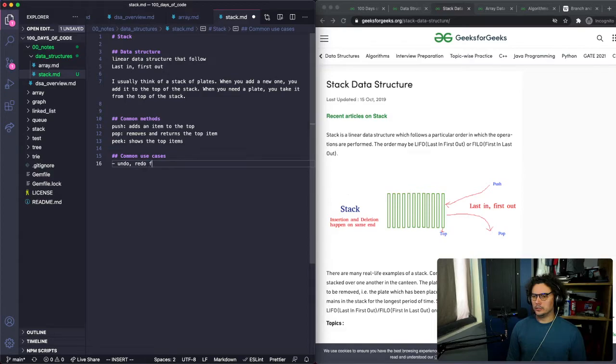Undo, redo feature of that's the one I use all the time.